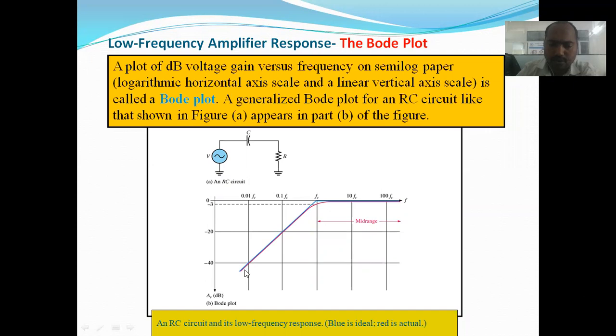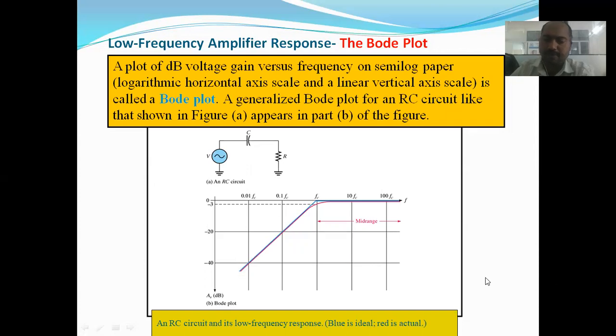So during the low frequency, there should be less output voltage, and as we increase the frequency, the gain should increase, right? So during low frequency, what happens? When we apply a signal with low frequency to the amplifier, whatever gain comes with respect to the amplifier should be reduced, but as we increase the frequency of the